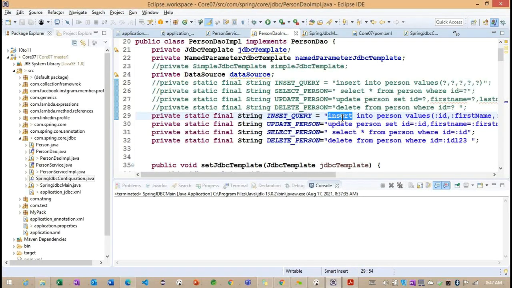With the help of these queries only, we are trying to perform the operations here. But with Hibernate, we are not going to create the query. Hibernate is going to provide some features, so it's going to generate the query based on our objects. So how is Hibernate going to generate the query, and what are the objects we need to create? Everything we are going to understand here, right?